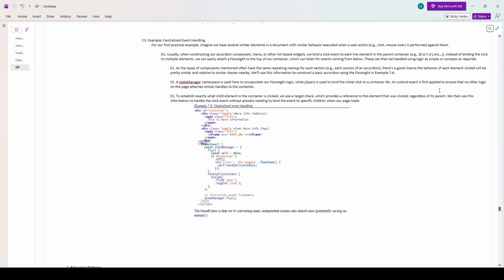So an unbind event is first applied to ensure that no other logic on the page attaches similar handlers to the container. So these are the container, our const manager. We apply an unbind event to make sure there are no similar handlers on the container, so that we can make sure there's no duplicate parent handling all this shared